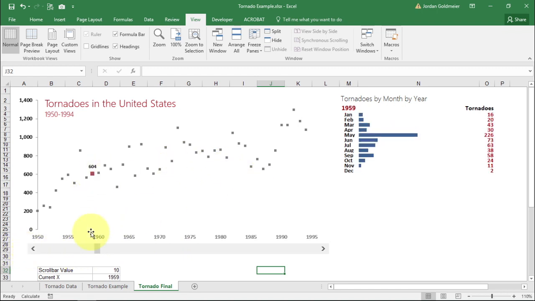Now this is our familiar tornado data. So here we have the total tornadoes over the year range 1950 to 1994. And then as I move the selector, a specific year point is highlighted, and you can see that the value 608 is what the total tornadoes are for that year. And we also see over here that the year selected is 1969, and then here we have the per month